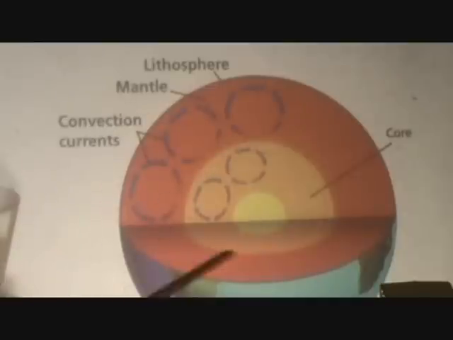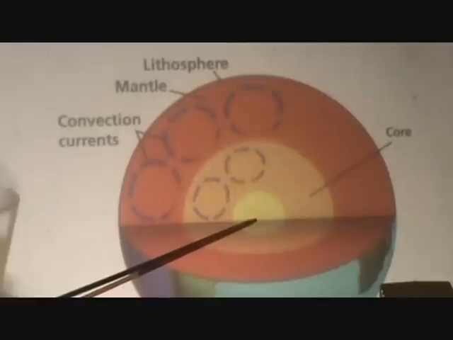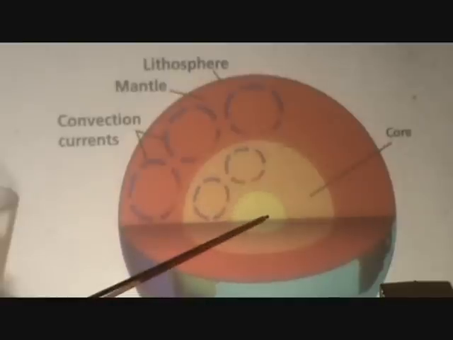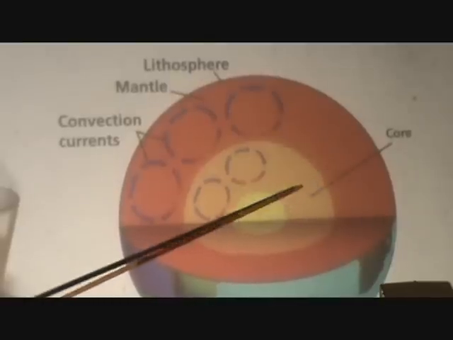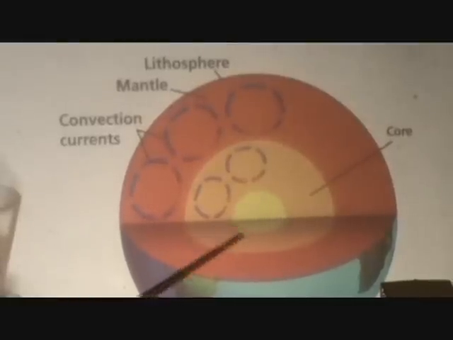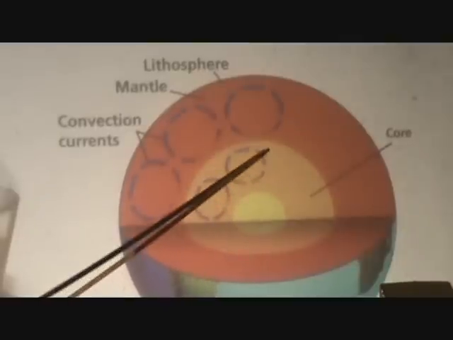First of all, this is able to work because the further inside the Earth you go, the hotter it is. So the hottest part of the Earth is the inner core. That's this yellow area here. The next hottest is the outer core, then the mantle, and then, of course, the crust is last before you get to the atmosphere. So here, the inner core is the heat source, and the outer core here